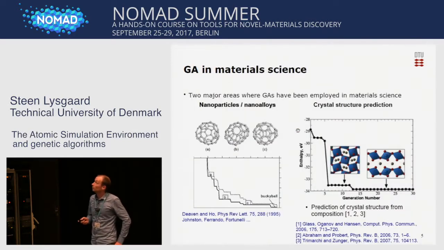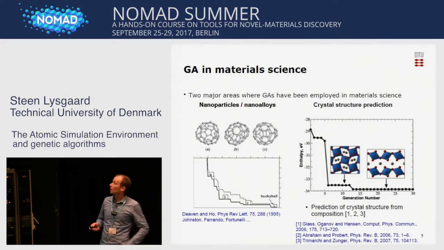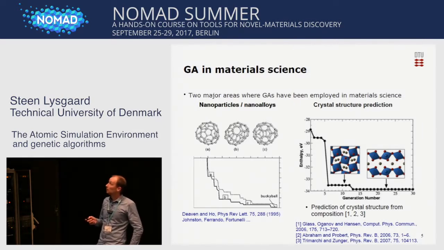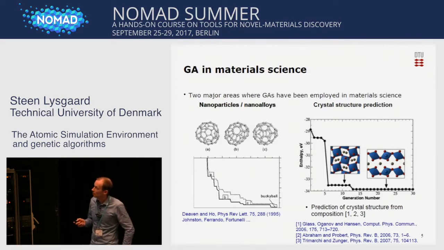Just mention the previous work with genetic algorithms in material science. This mostly revolves around two areas, nanoparticles, nanoalloys, and the prediction of crystal structures for any given composition. So this work on nanoparticles, nanoalloys really started or evolved quickly from 95 when this paper came out by Deaven and Ho, where